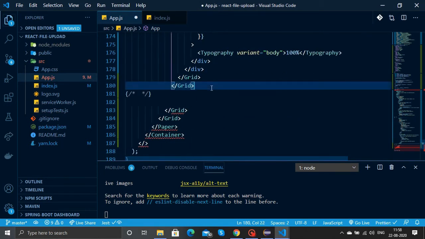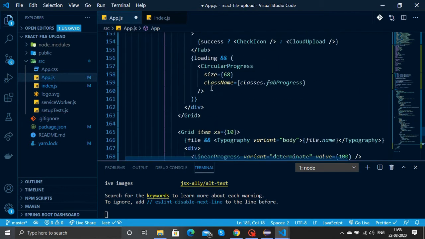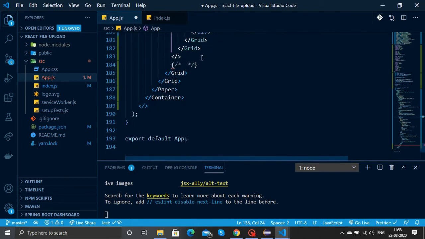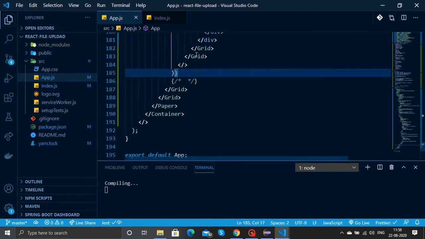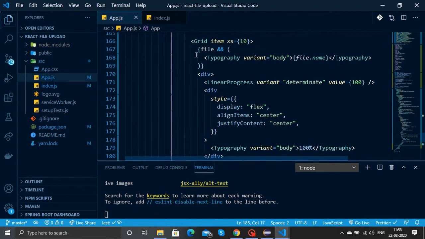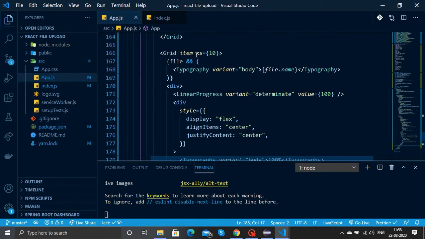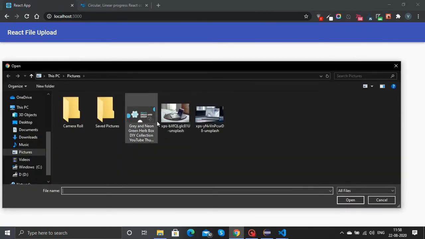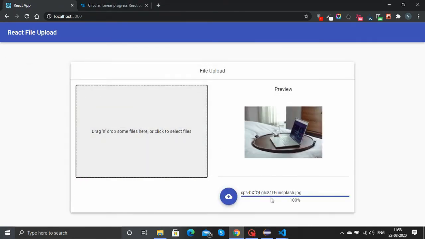So let's put a fragment there, and as a condition we'll provide file. So only if the file is there we will show the progress components. Now you can see that it's not there, so let's select a file, and now it appears.